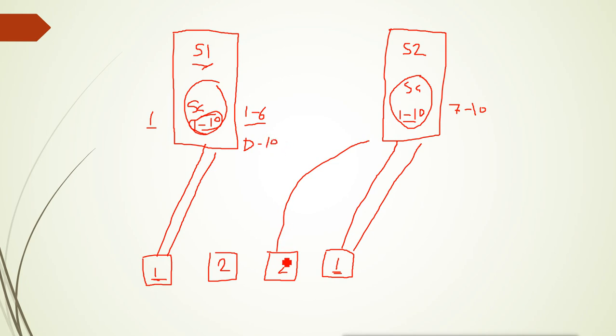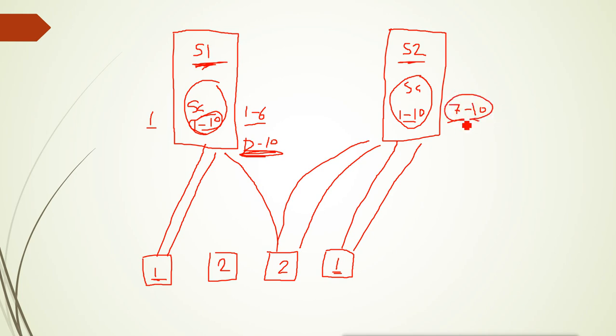So when the client wants an IP address, it will send the discover packet and wait for the response. If the response does not come from this server within 10 seconds, then server 2 will respond after the 10 seconds, because both are getting the discover packets, but both will wait for 10 seconds. So if this server does not respond within 10 seconds, server 2 will respond after 10 seconds. It will say, okay, I am available, and then it will provide the IP address from its range.